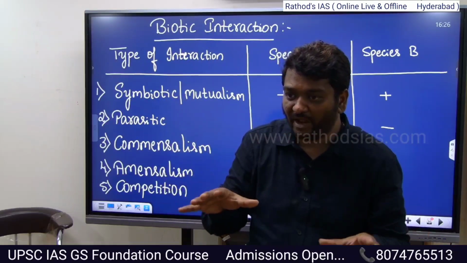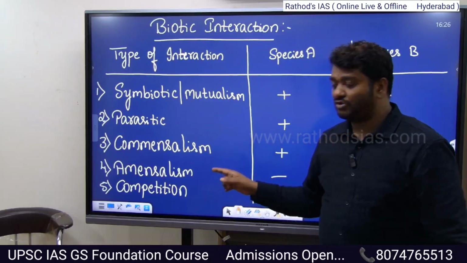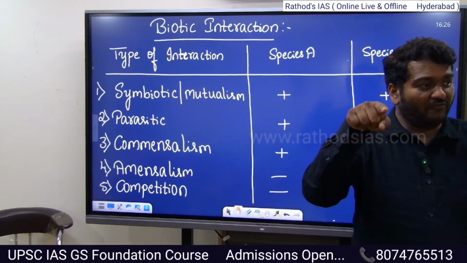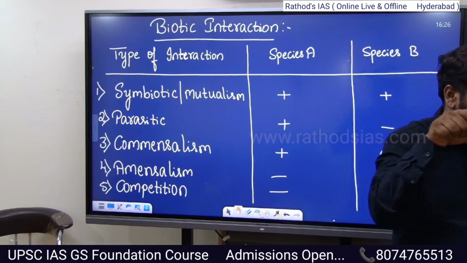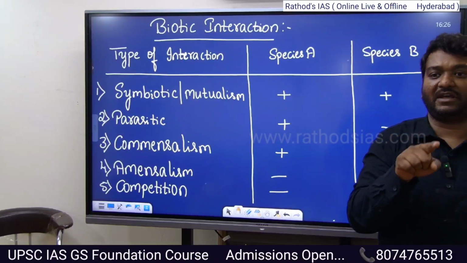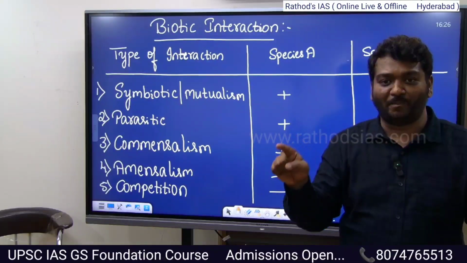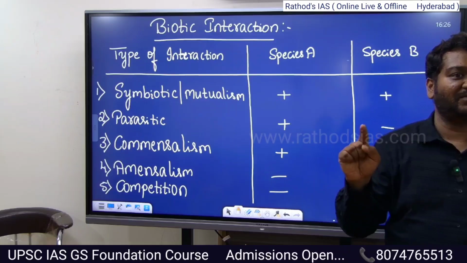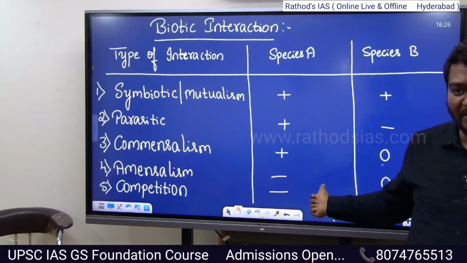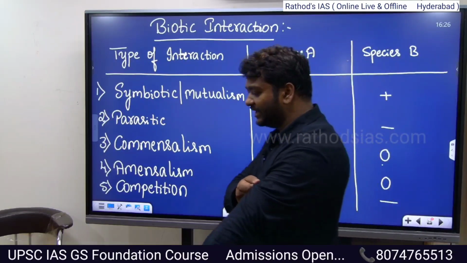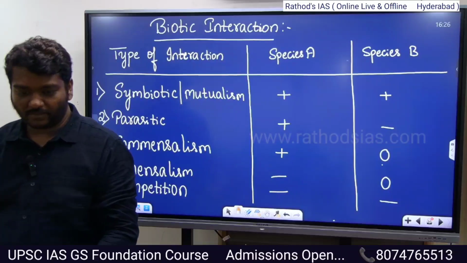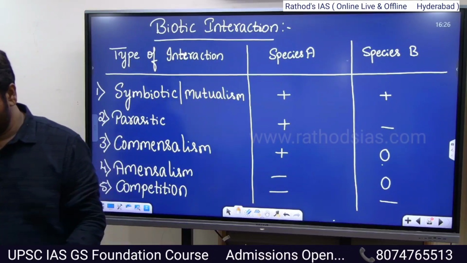Are you getting the point? So what I'm trying to tell is, two species which eat the same type of food cannot stay together, because it leads to competition and both the species will be affected. Are you getting the point? So you write competition, competition hyphen